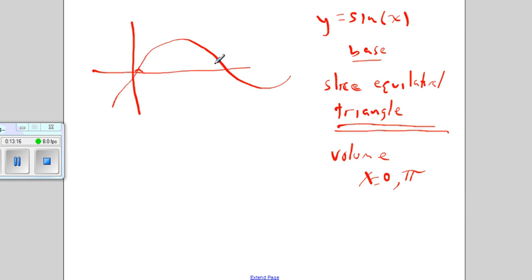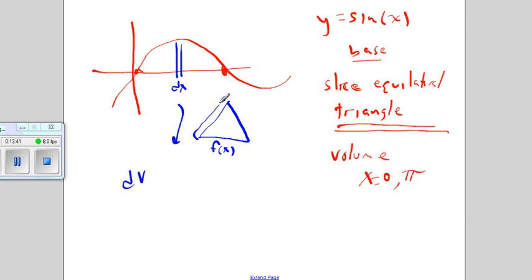So from here all the way to here. And the idea is when we make a little slice, our slice of bread, so here's our slice of bread, and when it has a little bit of width dx, and when we pull that out, our little bit of volume is going to have this picture. Well, it's going to be an equilateral triangle where each side is f of x, and it's going to have a little bit of depth dx. So we need to think about, well, what's that area of this triangle going to be? And here's where our geometry skills are going to come in big. If we break it down like this,